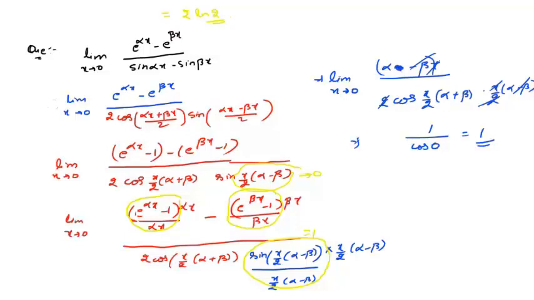So there are many more questions based on this. You can try it by yourself from various books. The main thing you should remember is the application of standard limits. If it is forming e raised to power fx minus 1, in denominator there should be fx and not x. Second thing, for e raised to power fx minus 1 or ln 1 plus fx or sine of fx by fx, what we have to check is that for x tending to a, fx must be tending to 0. Whatever the conditions are given to us, they must be followed, otherwise you can't directly use the results.